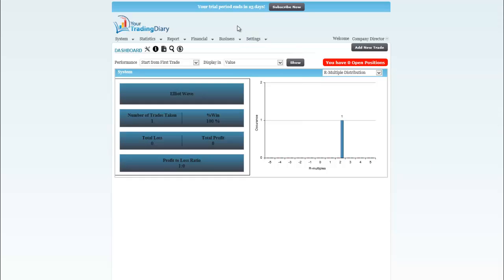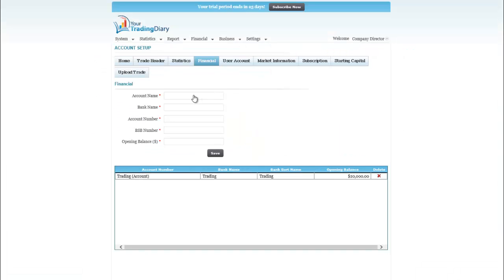So to start with, to set up our cash account, we'll go from the home page to settings, down to financial, and we can then set up an account. Today, for this example, the account name will be Your Trading Diary Savings. The bank name we'll put down as CBA. The account number